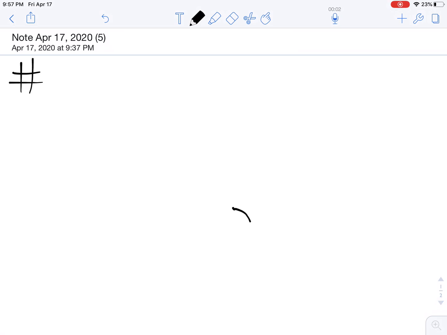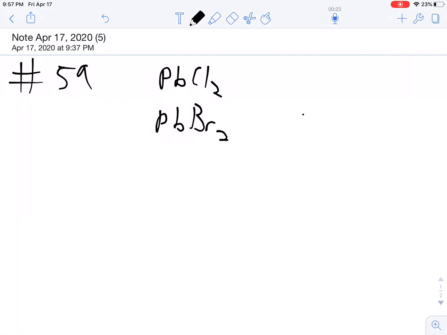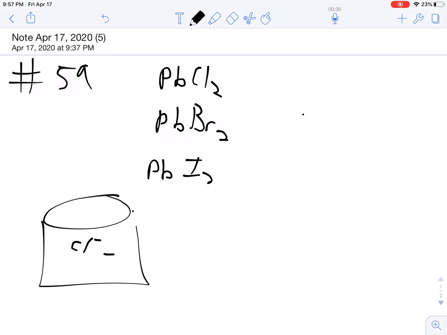All right, we got number 59, which actually is a pretty tricky problem. The problem would be a lot easier if they were to compare like chemical families. Suppose they said which is going to precipitate first, lead chloride, lead bromide, or lead iodide. In other words, suppose they said you had a solution that contained chloride, iodide, and bromide, and they were going to ask you which one of these three substances would precipitate first if you were to add